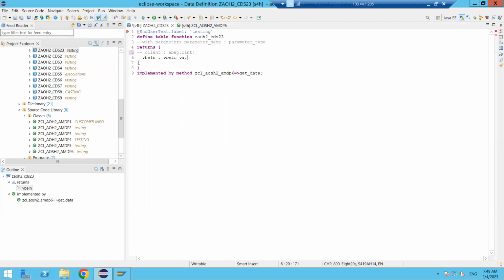right? And coming to the AMDP, AMDP will not maintain the client handling. We have to tell the system. We have to add the client handling manually in the AMDP, right? So if we execute the AMDP method, it will pick the data from all clients. I am executing the AMDP method from client 800, but it will go to all clients and pick all the information from all the clients. It will display it,